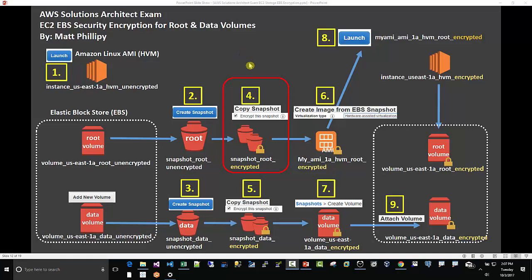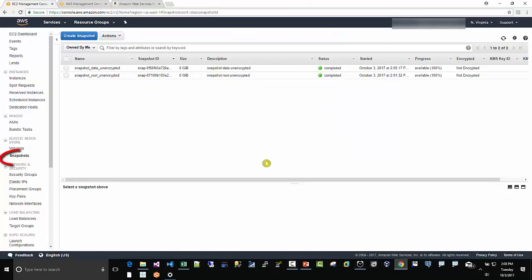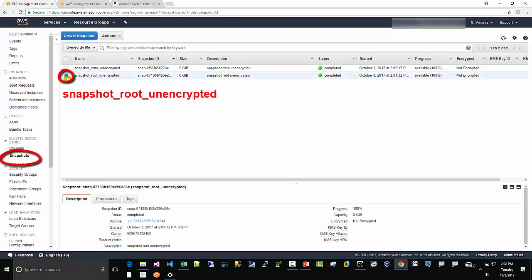Step 4, we're going to copy the snapshots that we just created. So remember, we just created 2 snapshots. Now we're going to use copy snapshot, and at this point, this is when you add the encryption to that volume. So I'm going to go back here. I'm going to go to my snapshots. I'm going to select root this time,